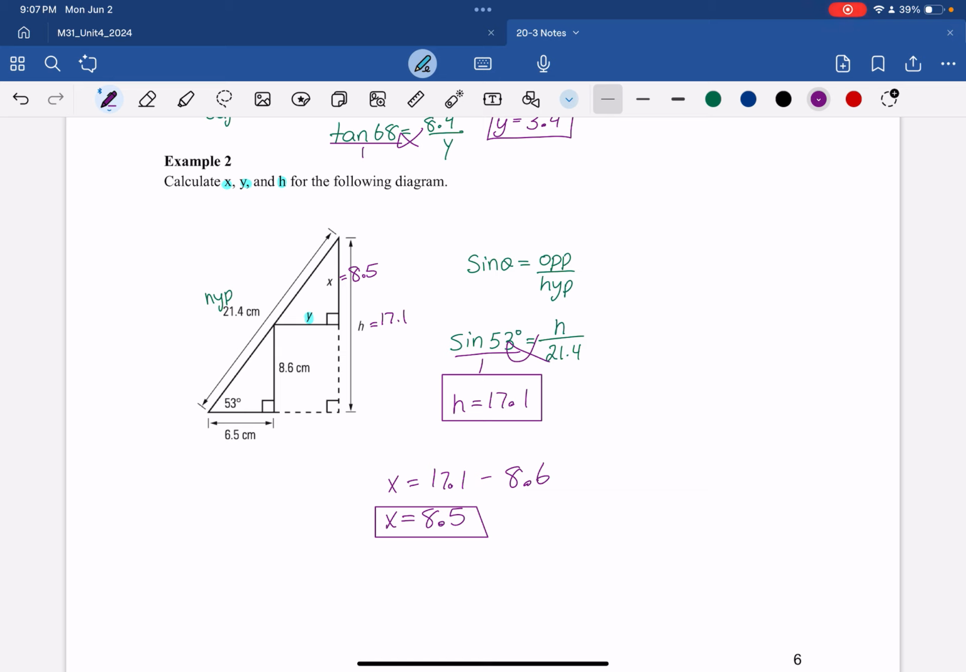So what I'm going to look at is that I still have this large triangle. And I have the angle and I have a side length. So what I'm actually going to do is figure out what this adjacent side, this entire adjacent side, would be. And once I know that, this whole length, I could take that answer and subtract the 6.5 to figure out what y will be. So I like to use the numbers that are already given if possible. So I'm going to use this 21.4. So I have adjacent and I have my hypotenuse, so I'm going to use cosine